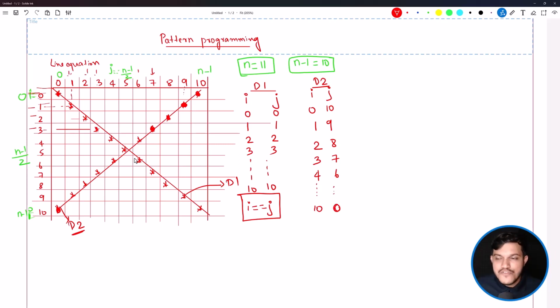Fine. Now, if you just try to add, what is the constant value which we may get here? 0 plus 10 is equal to 10. 1 plus 9 is equal to 10. And 2 plus 8 is equal to 10. 3 plus 7 is equal to 10. 4 plus 6 is equal to 10. Similarly, 10 plus 0 is equal to 10. All these are the values of I and all these are the values of J. So whatever is inside I, if you add it with whatever is inside J, it will lead